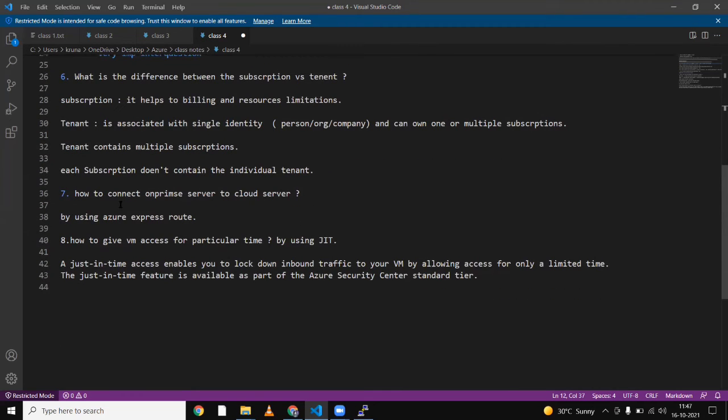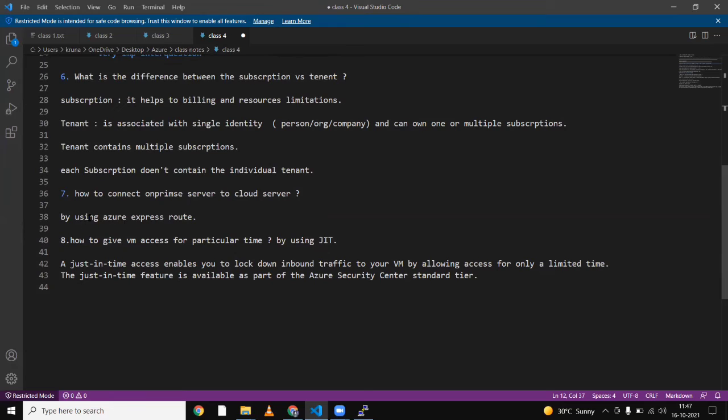And how do you connect an on-premises server to the cloud? On-premises servers are those that are not in the cloud; for security purposes an organization has its own hardware and its own data stores and everything.